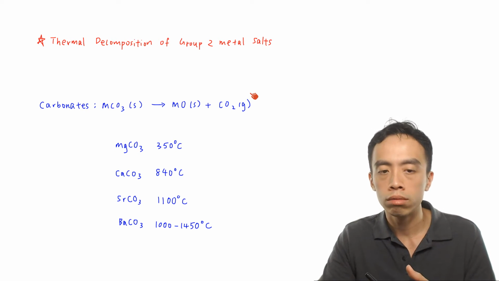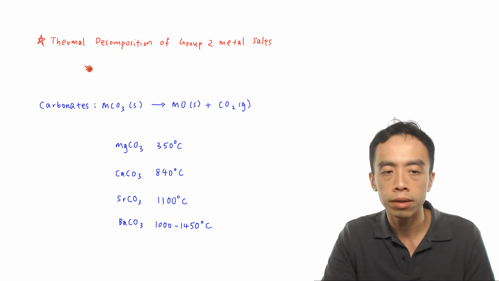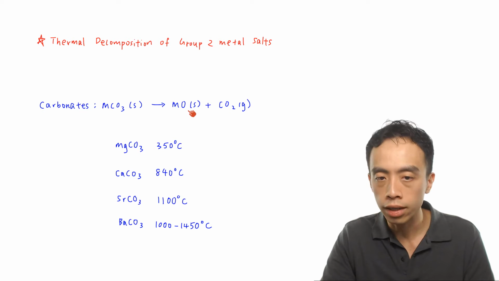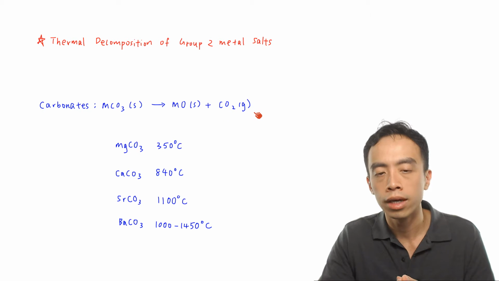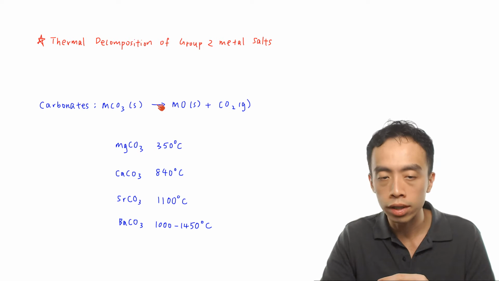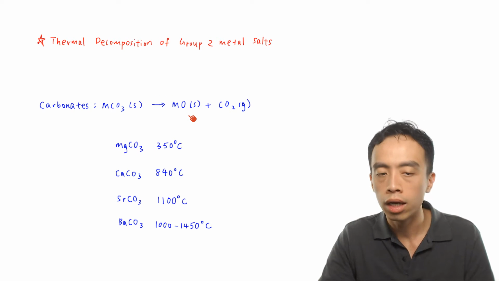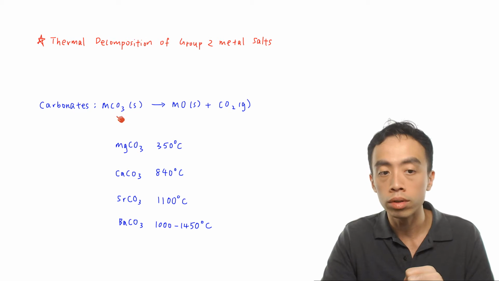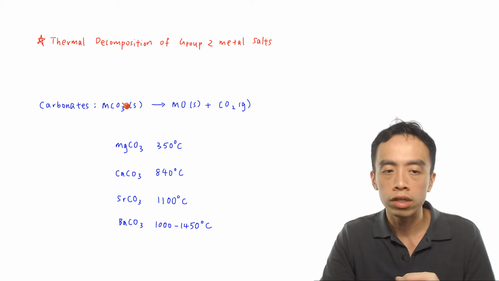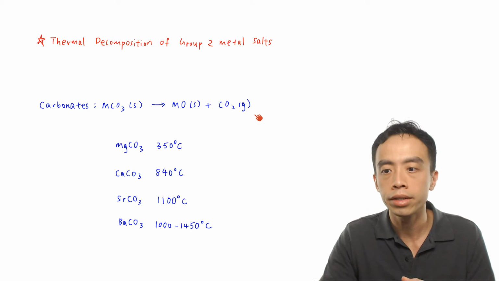Carbonate decomposition essentially follows this balanced equation here. The carbonate will dissociate to give me the metal oxide and CO2 gas as the product. Now, you notice in order for me to decompose this to form metal oxide, what must happen is that some of the bonds within the carbonate have to be broken. So I break some of these bonds within the carbonate and I can release the carbon dioxide gas as the